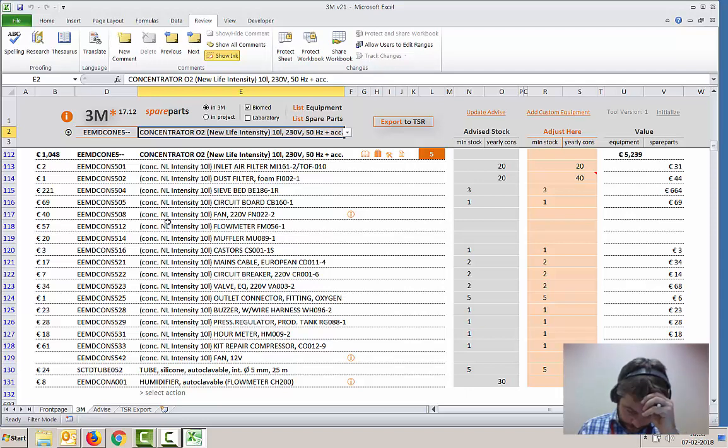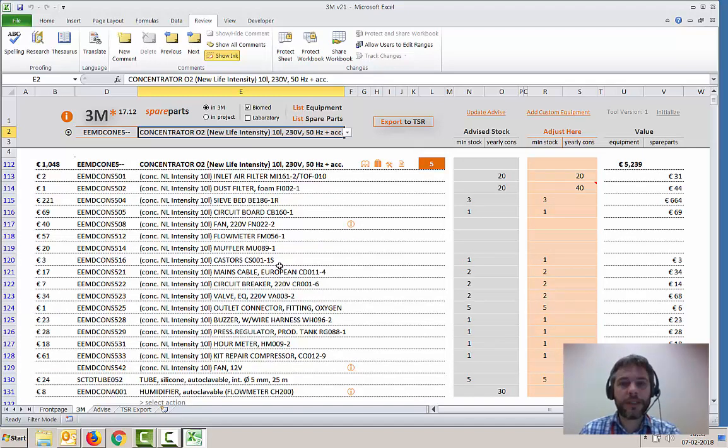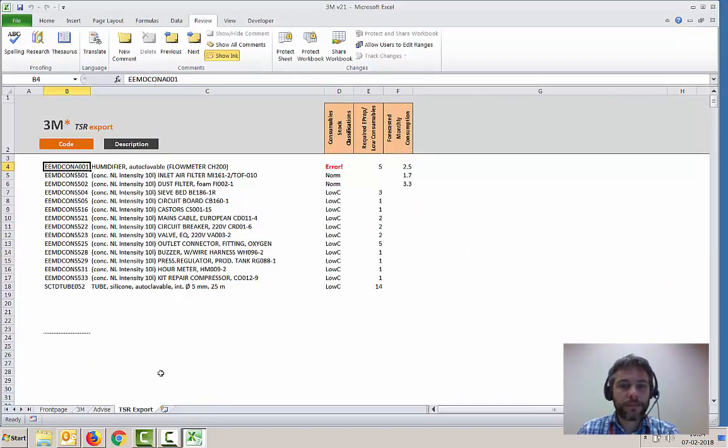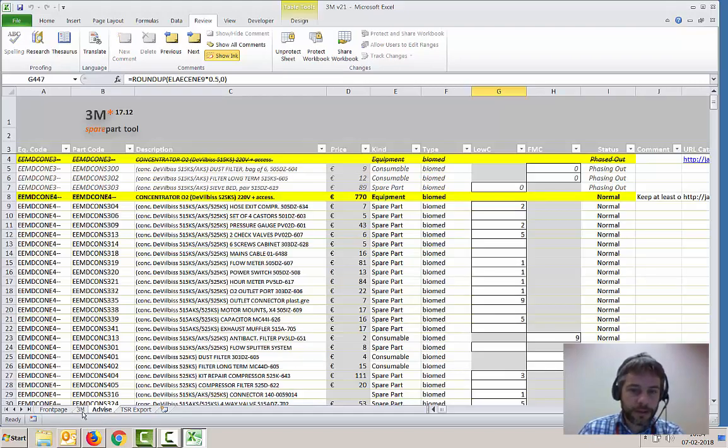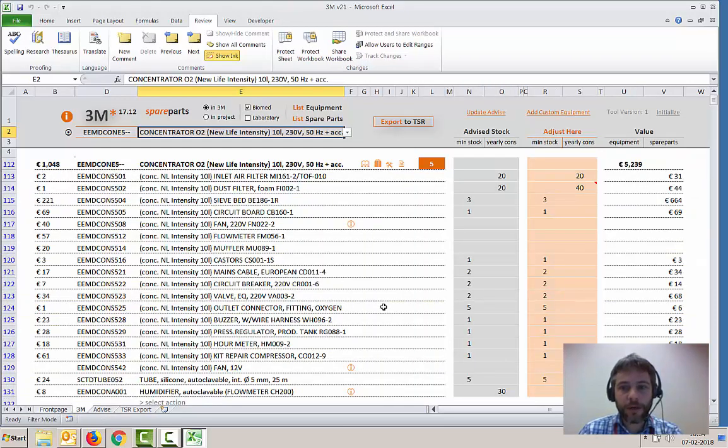So that's basically it. All the things you can do with the tool. So if you can make this list with the estimates for spare parts that you need to have in stock, your supply log will be very happy. And I hope that this tool will make it a bit easier to make your spare part contingency plan. And I hope that it's a bit easier to work with, and that the links help you to find the